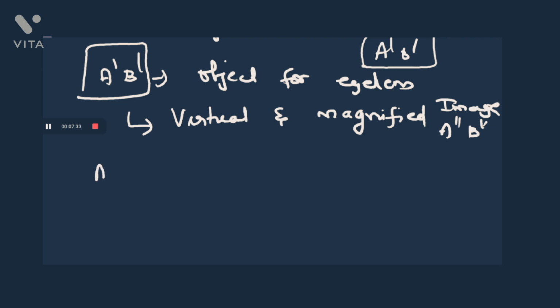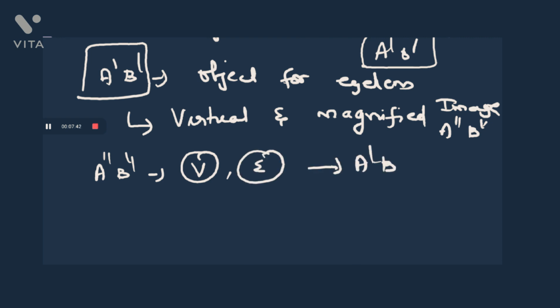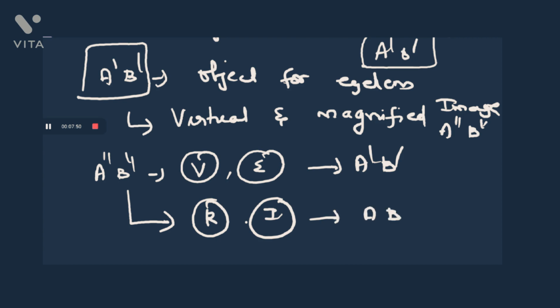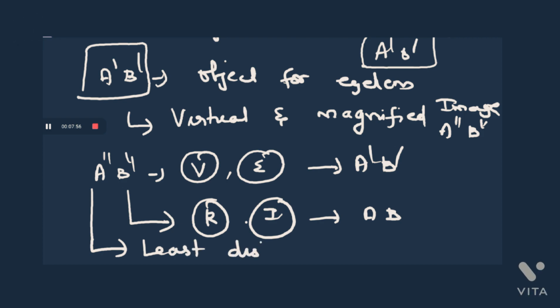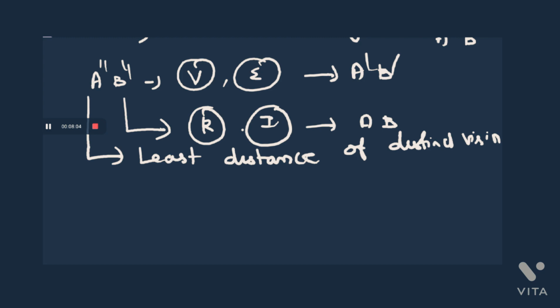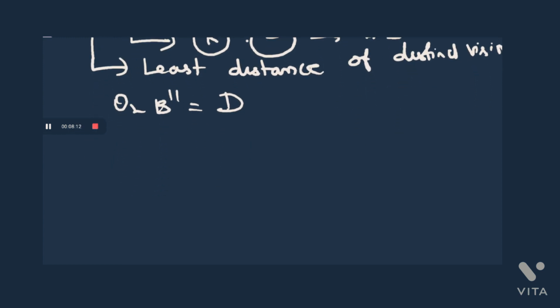According to this ray diagram, A double dash B double dash will be virtual as well as erect with respect to A dash B dash. But the same A double dash B double dash will be real and inverted with respect to AB. And this A double dash B double dash is at the least distance of distinct vision. So I can say that O2B double dash will be taken as capital D. And to find out the magnifying power